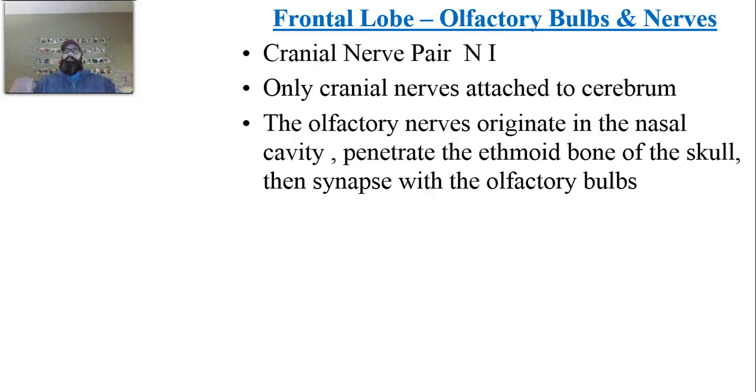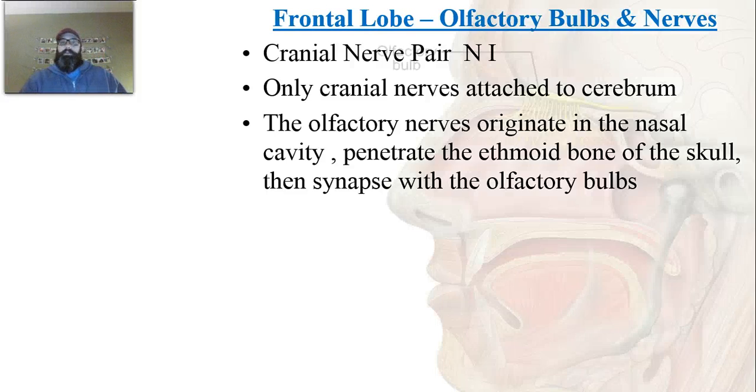Their main job is to absorb smells or chemicals, and they cause chemical change in those nerves. Well, all of those olfactory nerves penetrate through that ethmoid bone and synapse with the olfactory bulb. So that would be an example of converging neural pool, and they synapse with the olfactory bulbs. If you remember, you have two nostrils, you have two sides of your nasal cavity, so you end up with